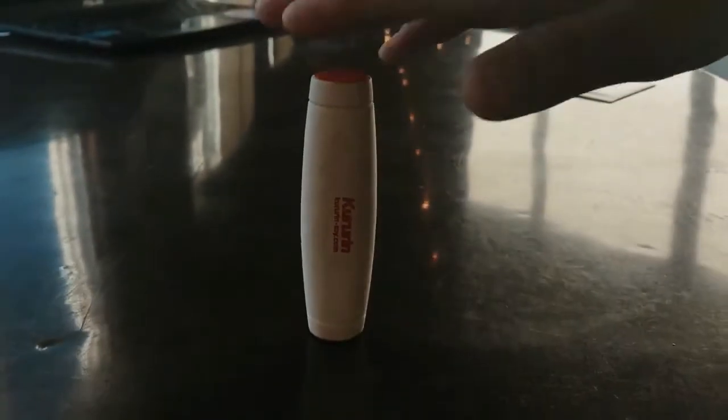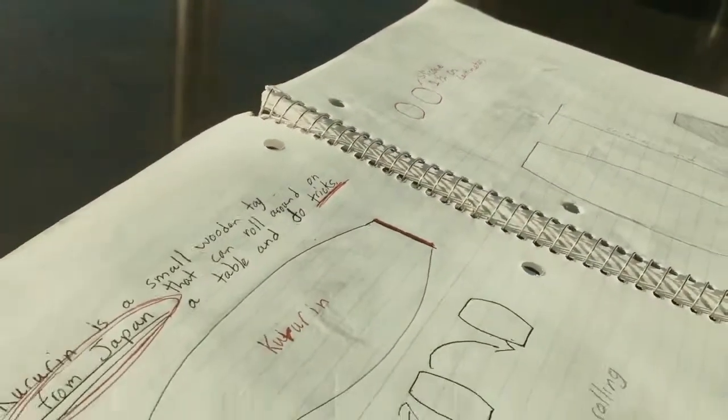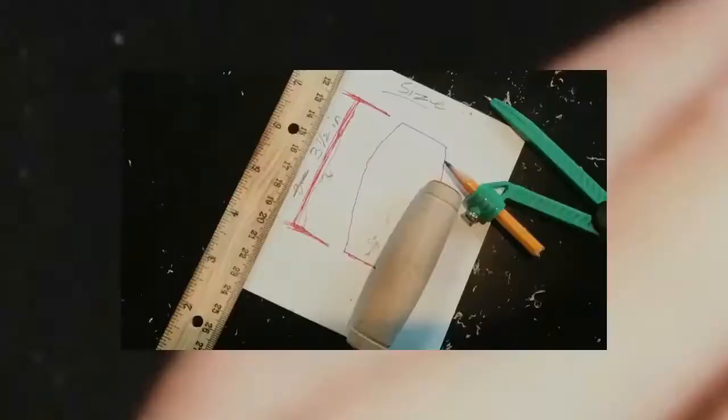Kururin, a stick that rolls. A unique Japanese game that has taken the wooden toy world by storm. A skill toy shrouded in mystery. Since the start of this toy's popularity, everyone wanted to know what this toy was and how it came to